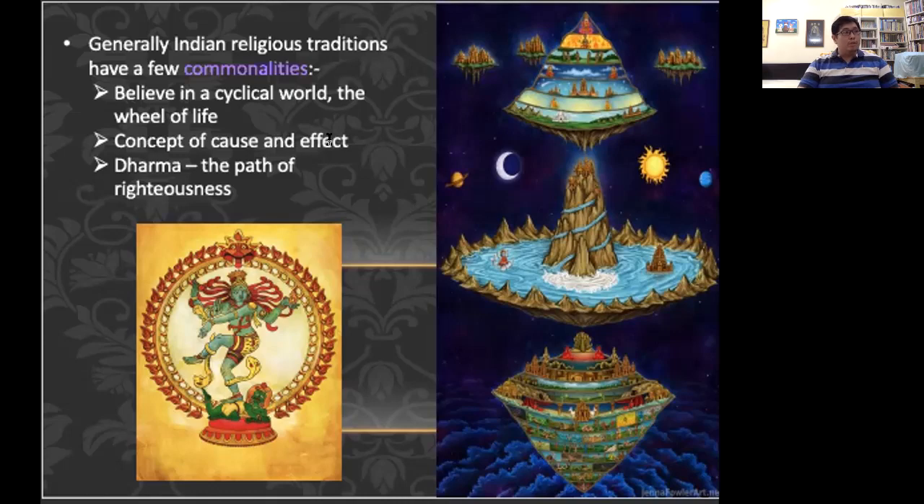You do good, you plant a mango seed, you get mango trees. Don't plant a mango seed and get a papaya tree, not possible. So all these concepts are in Hinduism. It will also apply to other South Asian religions. Jainism will also have the same concept. But